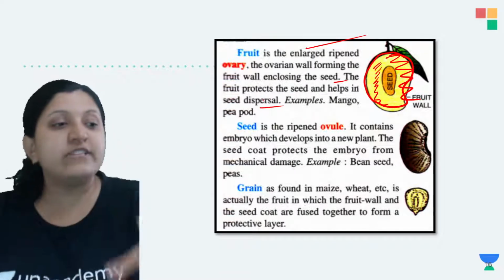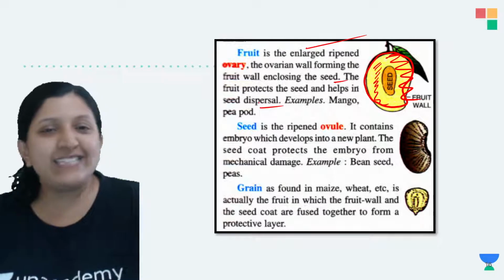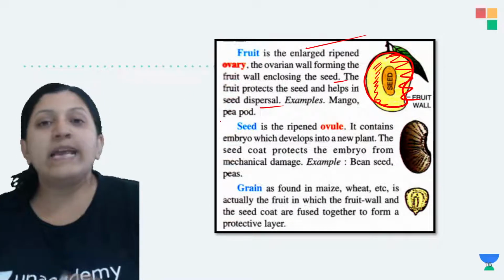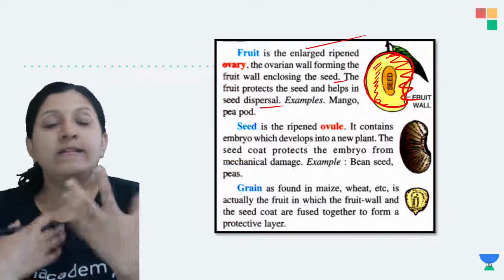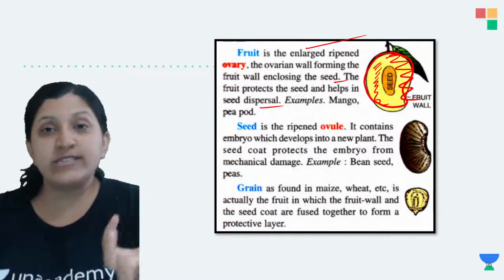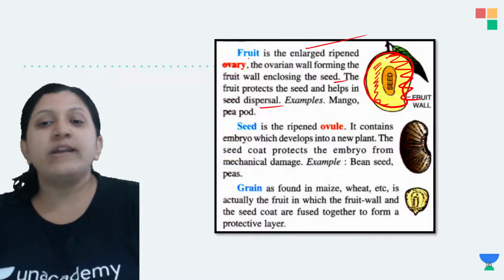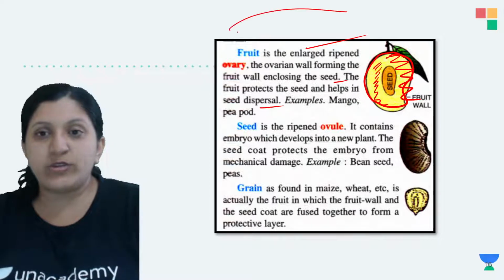So basically the first and foremost thing is that protection to the seed is given by the fruit, and let's say we are eating that fruit. Okay, so after that it is given a choice, where it will become dry. Then once we dry it, this can be sown into the soil for germination. Or otherwise it will also help in seed dispersal. So this is with respect to these types of